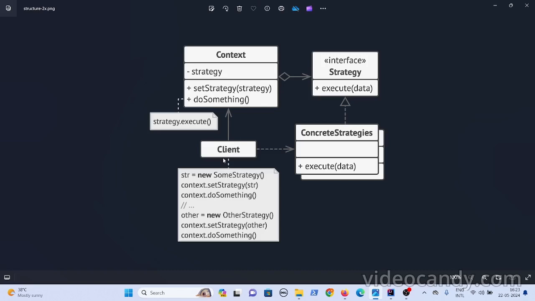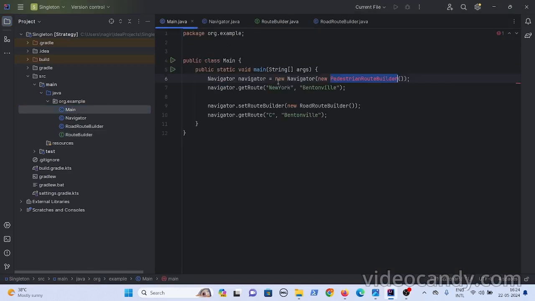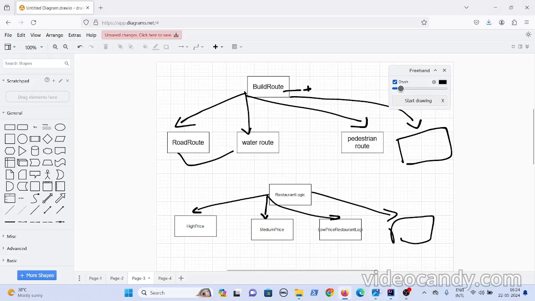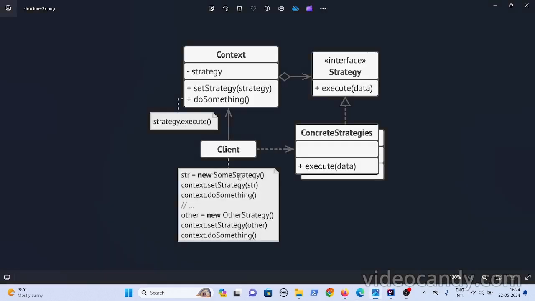Now the client is the person who invokes this context. What you have done is you had created a new strategy here, set that strategy on the context, and then done something here. So here the main class is the client. You had created a new strategy, new pedestrian builder. If you see the class builder, you had created a new strategy.